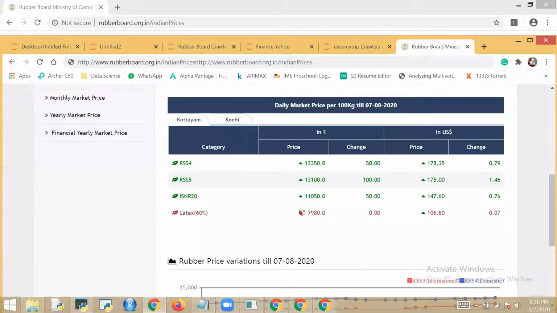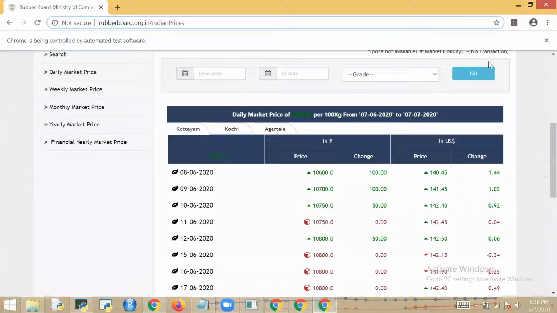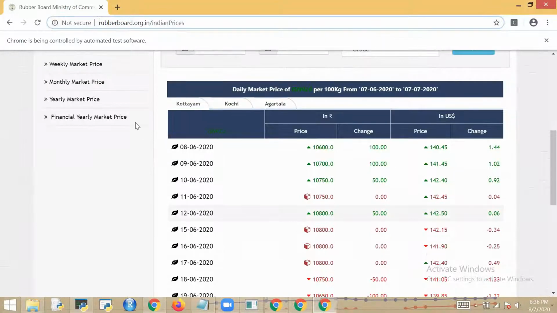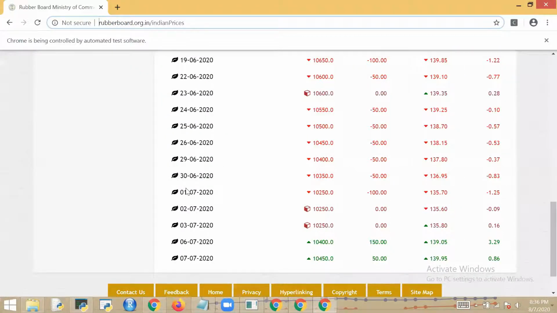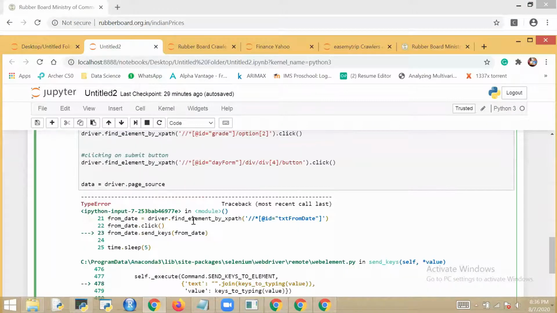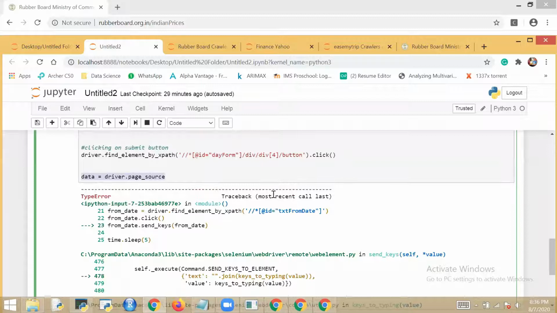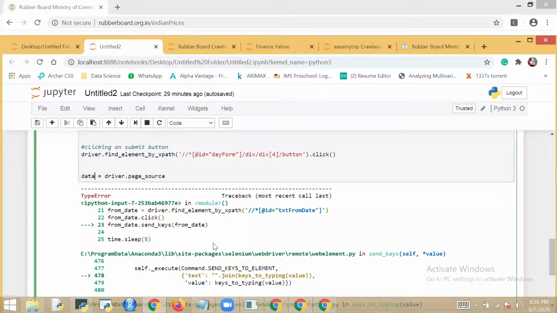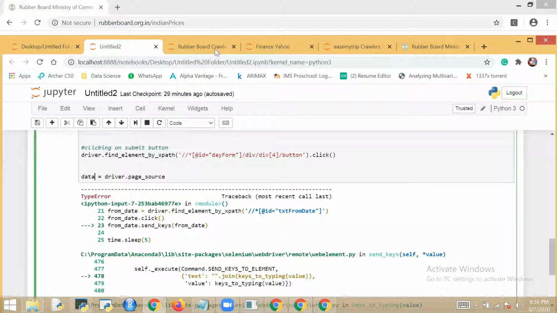We filled the form and we fetched the updated data into our Python notebook. This is how we get the data out of this WebDriver. This is the dumped data.